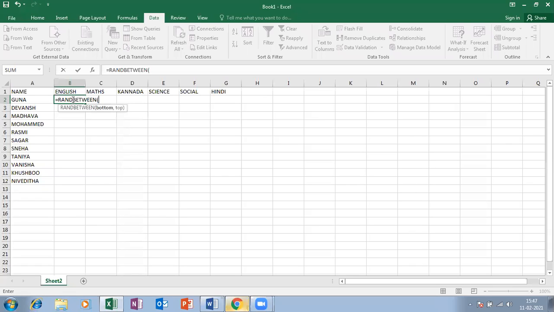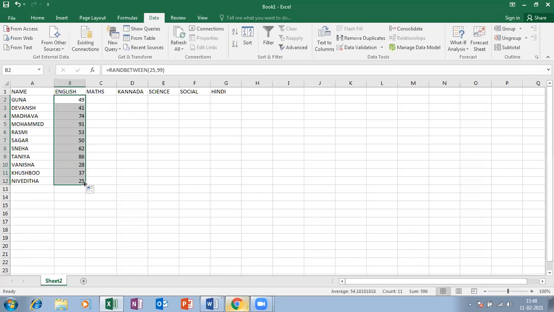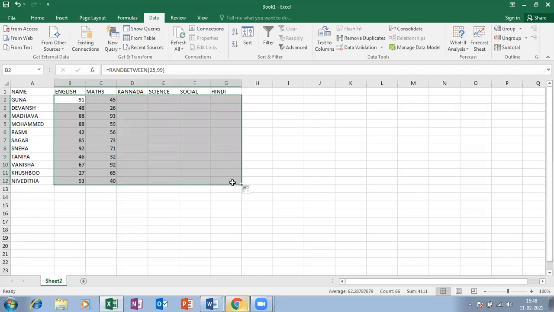Let me take the bottom number as 25 and the top as 99, close bracket. So it generates random numbers from 25 up to 99. Enter. One is generated, 35. Drag and drop down to here, and on the right side, drag and drop across to here. So random numbers have been created for everyone.